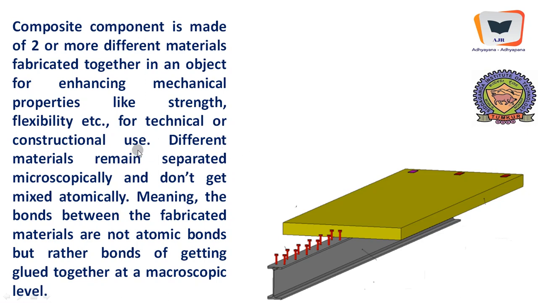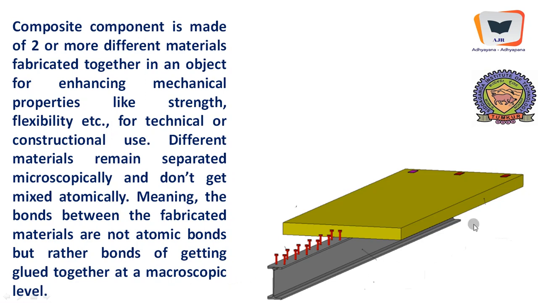And of course, nowadays composite constructions have become predominant in the construction industry. Different materials remain separated, of course. Different materials are not blended together chemically or metallurgically. They are separated microscopically and don't get mixed atomically. Meanwhile, the bonds between the fabricated materials are not atomic bonds but rather bonds of getting glued together at a